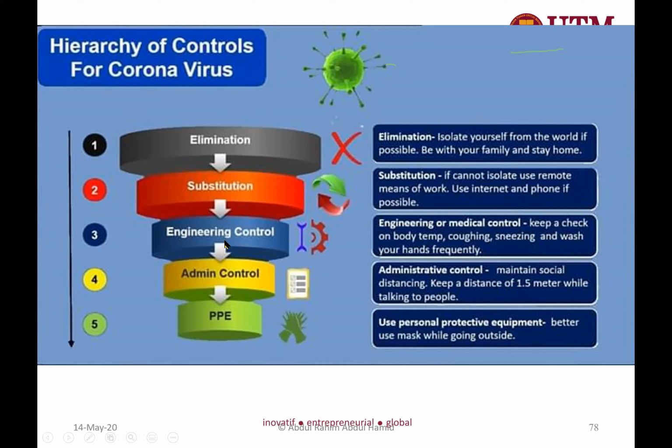What is engineering control? Keep a check on your body temperature, coughing, sneezing, and wash your hand frequently. That is an example. Okay. Admin control: maintain social distance when you need to go out. If you are 1 or 2 meters away from people, at least that could be better. But you never know. If you go to the shopping complex, sometimes it is very difficult. So that's why